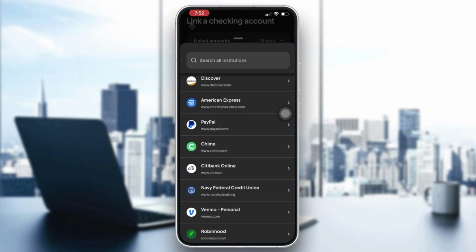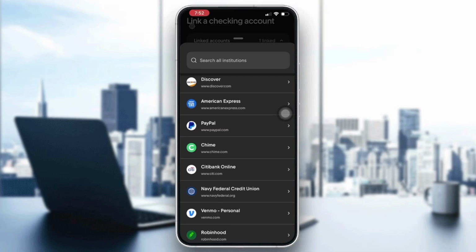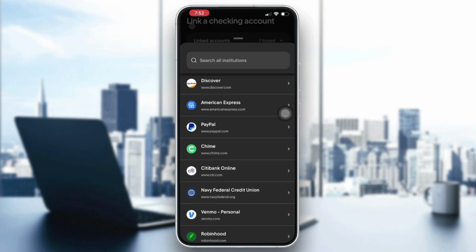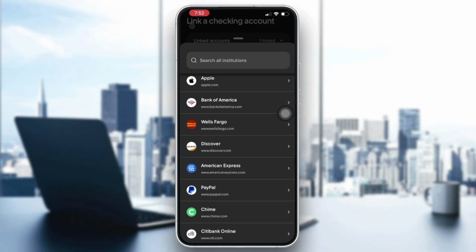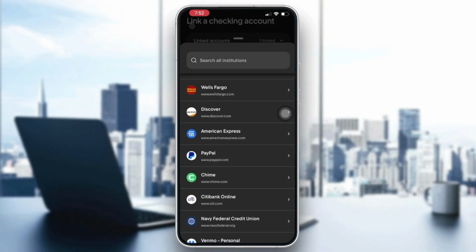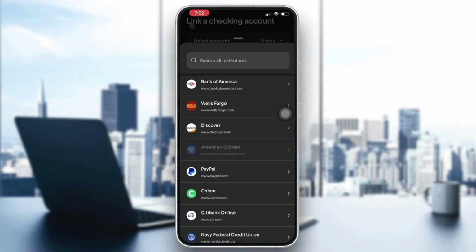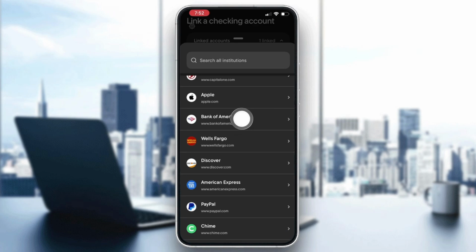So if you have multiple checking and savings, loan or credit card accounts at the same bank, and if they use the same login credentials, just open the existing bank connection right here, right? So let's open this one, for example, and choose add account or log into my account to include any missing sub accounts, right? And if they use different login credentials, for example a spouse's account or a separate business login,